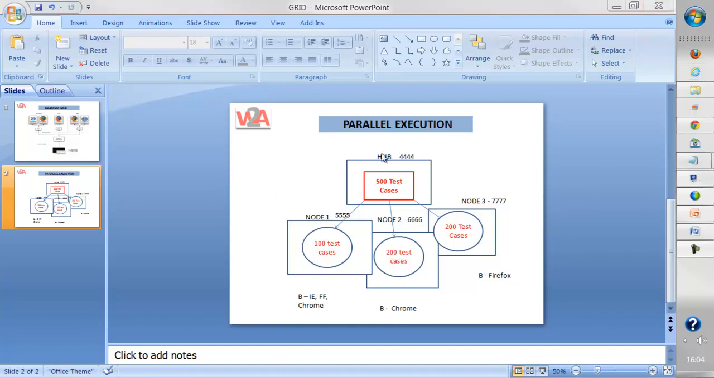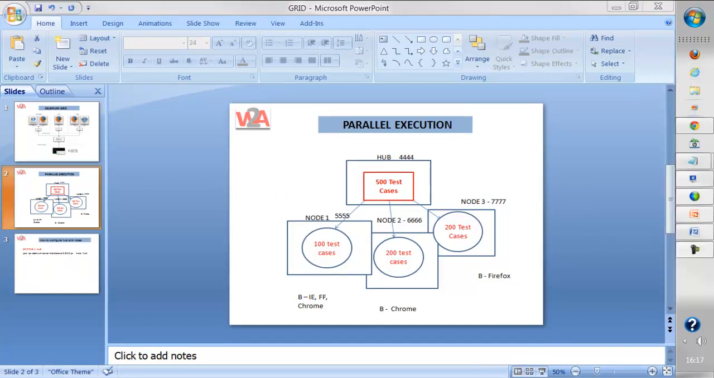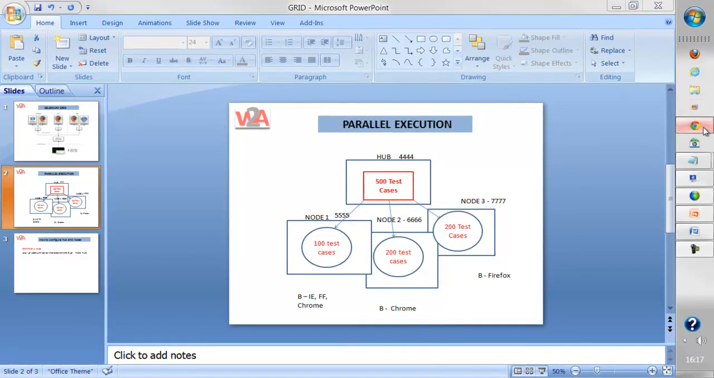Now this is all about what a hub is, what a node is, and what their roles are inside the grid. Now let's see how they are actually configured and how they are actually used. Now let's see how to configure this grid. In order to configure the grid, we need to go to